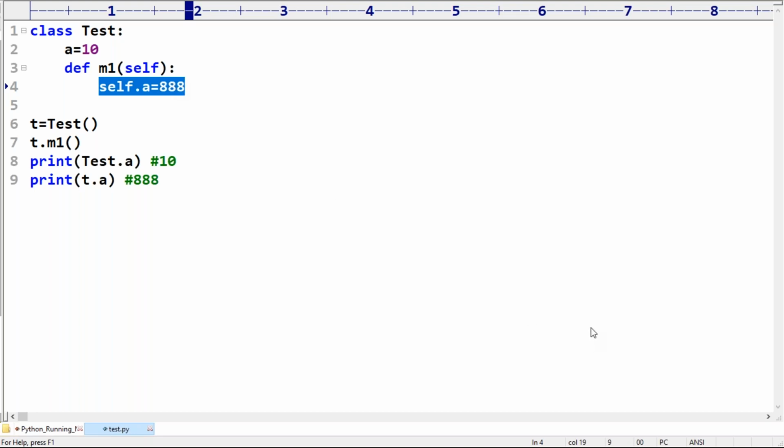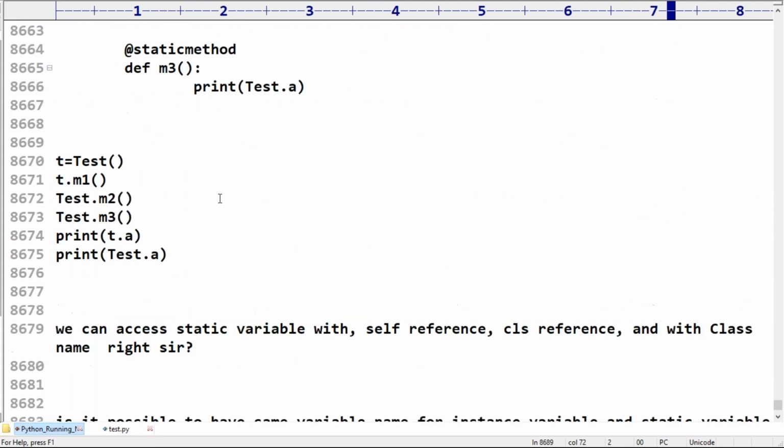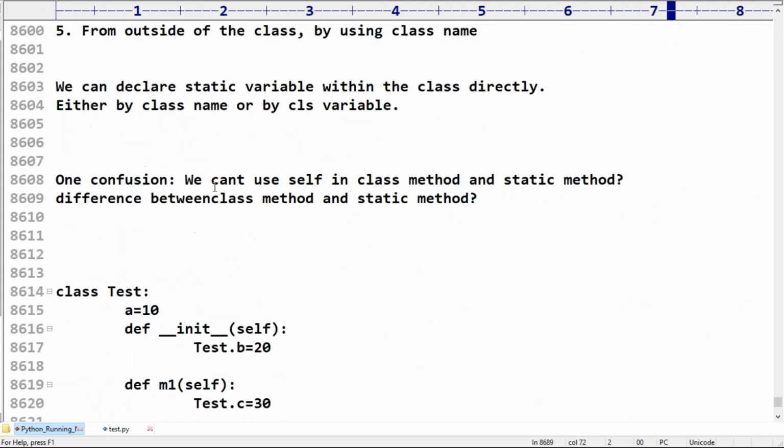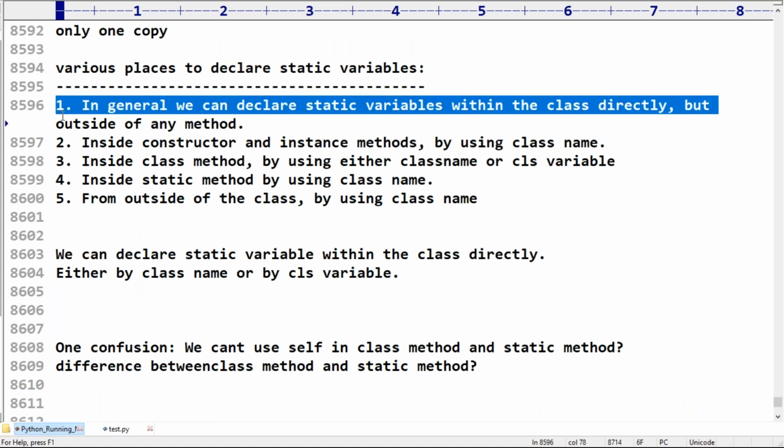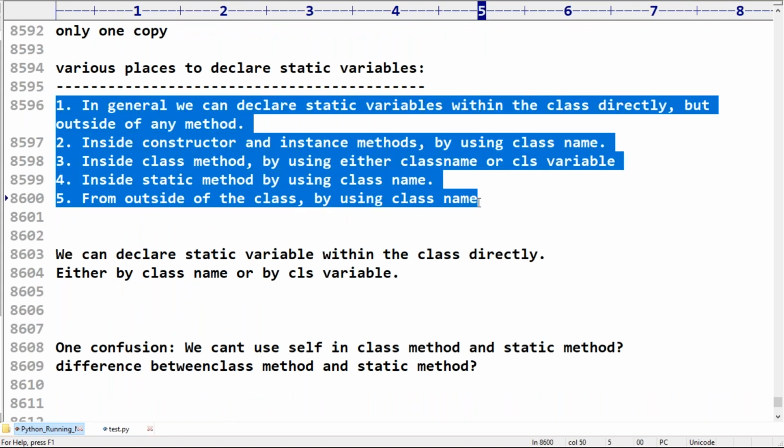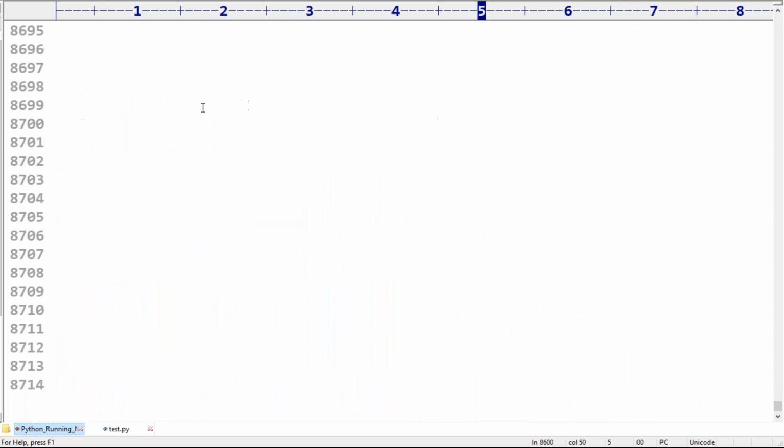Next, Ambuj Kumar is asking, sir, can we declare a static variable by using self? Sorry, you are misunderstanding this point. We can declare a static variable only by the class name or cls, but we can access it by using the class name or self.